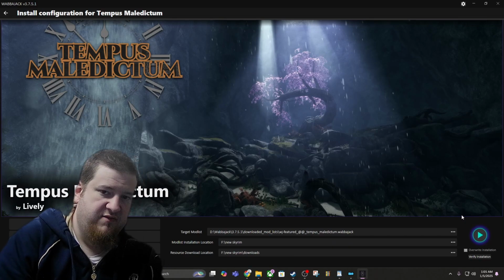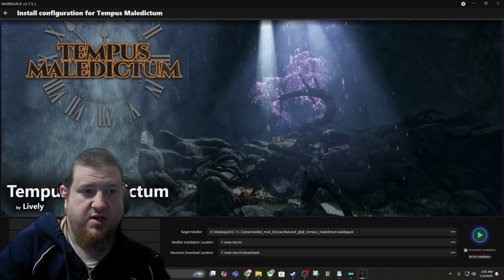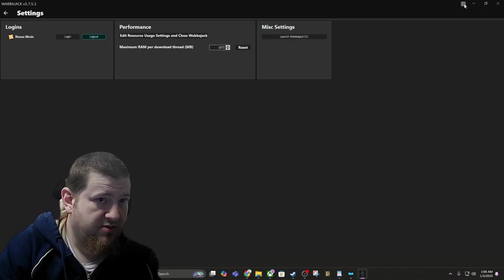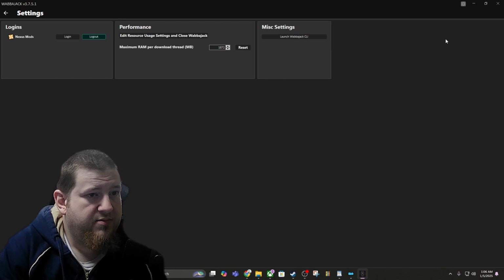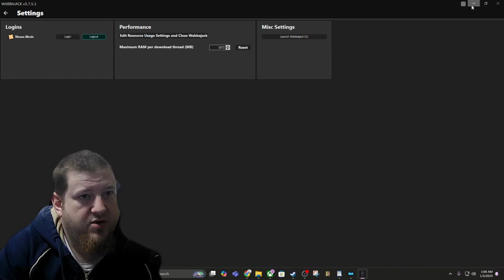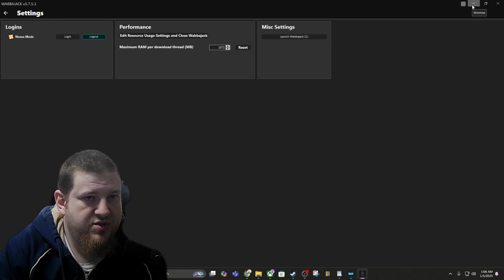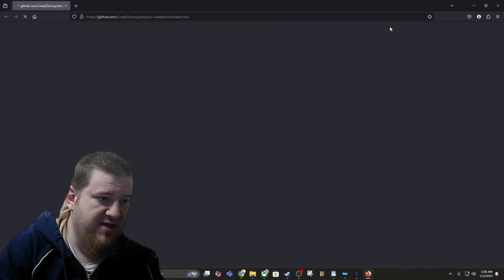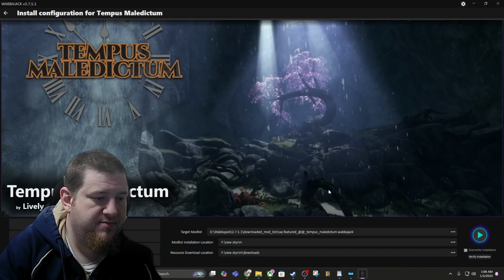If you have a premium Nexus account, all you'll do is go up here and sign in. So click that, you sign in. If you do, all you have to do is hit the play button. It'll download all of it for you, right? Stop trying to give me the stupid README